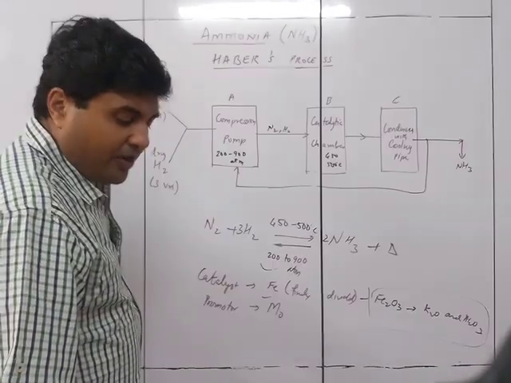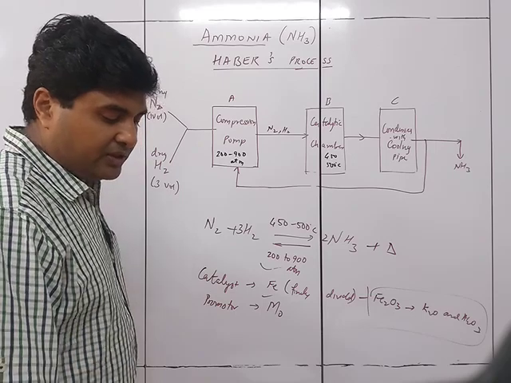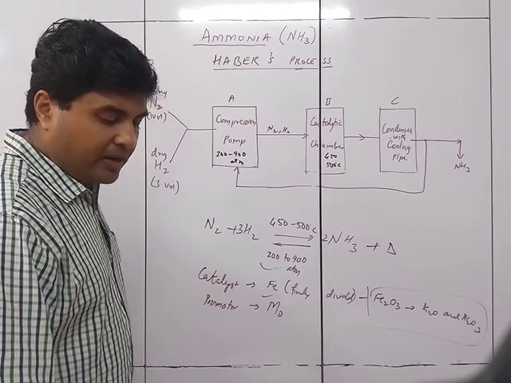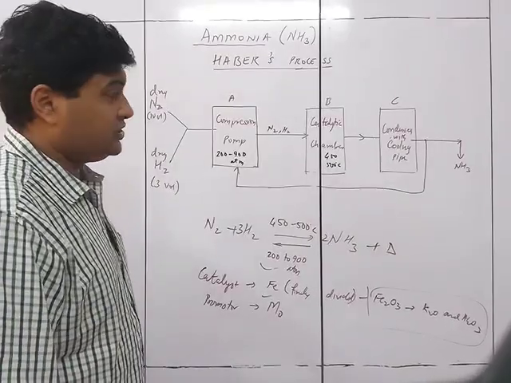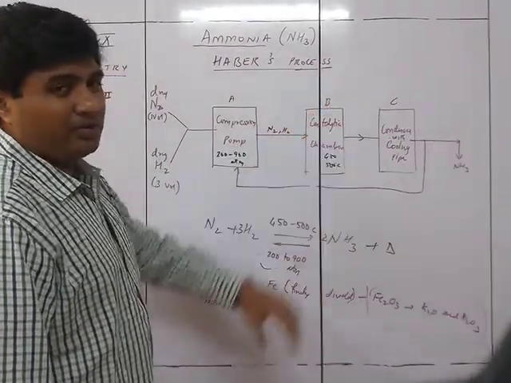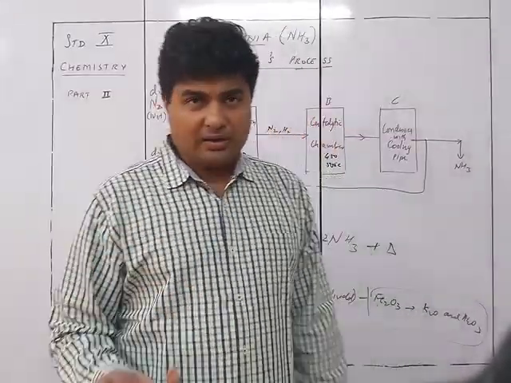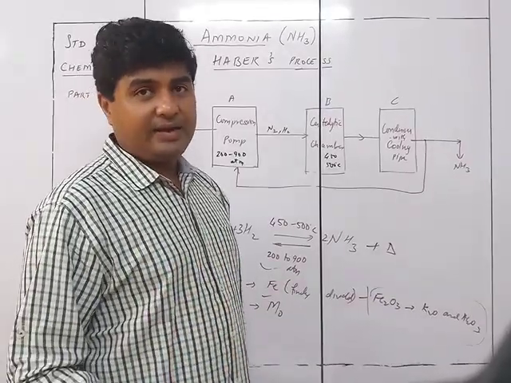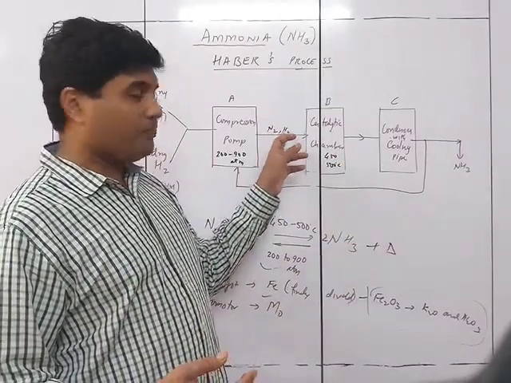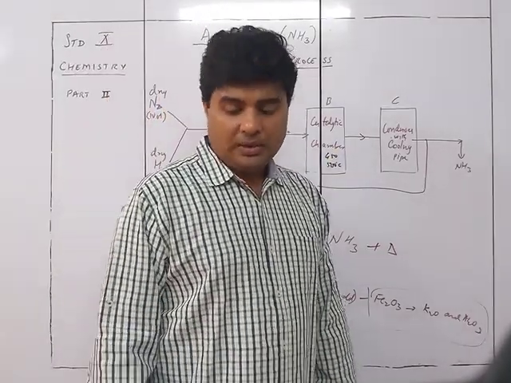The mixture of ammonia formed along with residual nitrogen-hydrogen exchange their heat with the incoming unreacted nitrogen and hydrogen mixture. So here what is going to happen is you are going to get ammonia, which is going to give you a good amount of heat also, and that heat is going to be given to the unreacted nitrogen hydrogen, which is entering into the heating chamber.